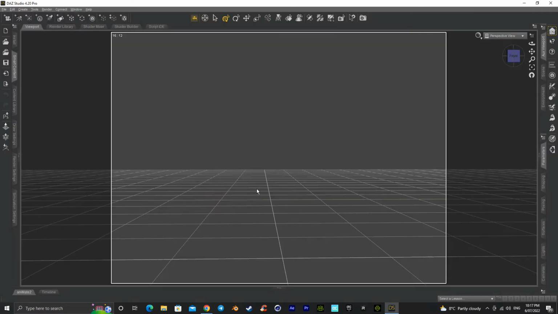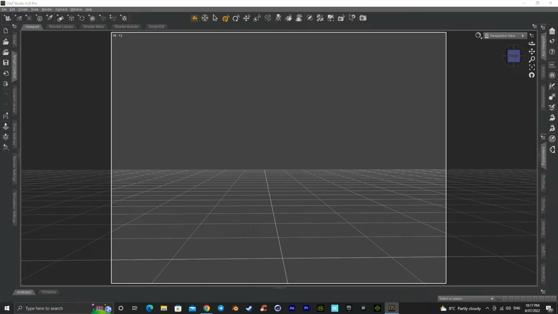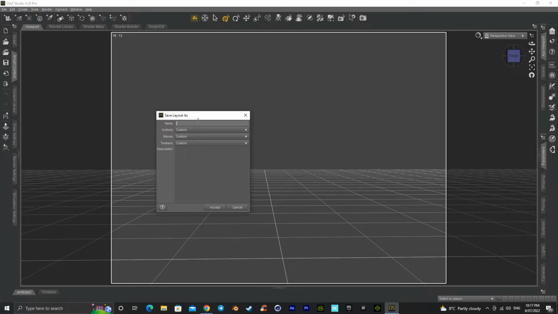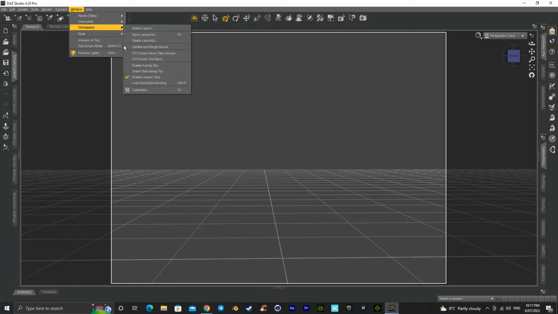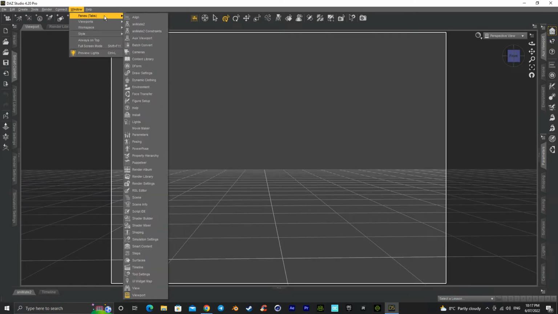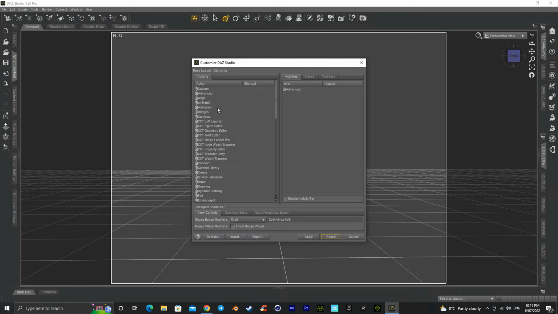hit accept. Now it's also important to go up to your Windows and Workspace and save your layout as, right? So this will open up, and then you can basically save that one as a little name, and it's done. And then we should be able to go up to Workspace, Viewports, Workspaces, Customize, and this is where we can basically add a